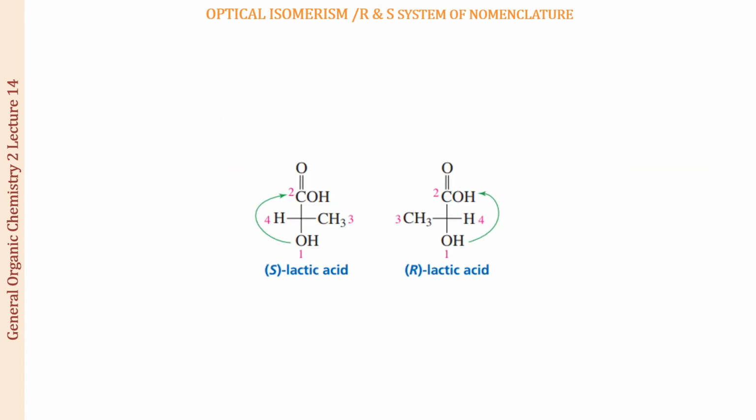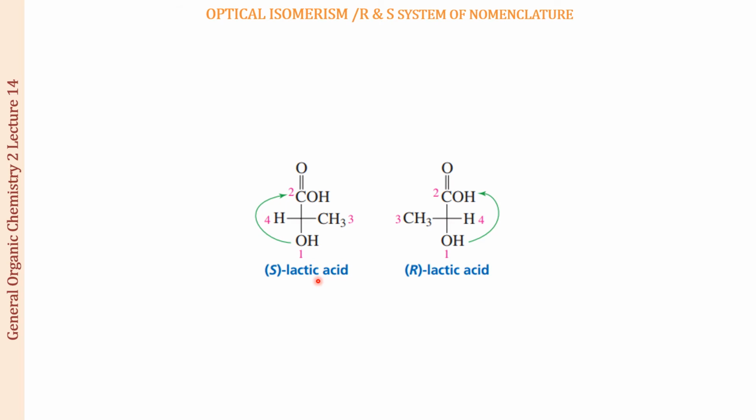And the next compound that you can see on your screen is again a very important one, very frequently asked in optical isomerism questions, and the compound is lactic acid. What is going to be the IUPAC name for this compound? It is going to be carbon number 1, the COOH group, then this carbon, and then this carbon. So it is a 3 carbon chain, which means it is going to be propanoic acid, and at position number 2 we have an OH group, so it is 2-hydroxypropanoic acid, the IUPAC name for lactic acid. This is also what you should know.